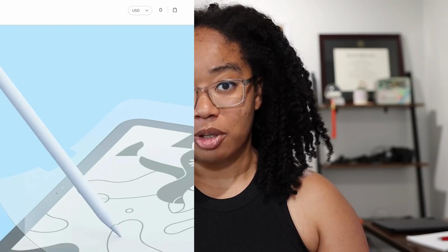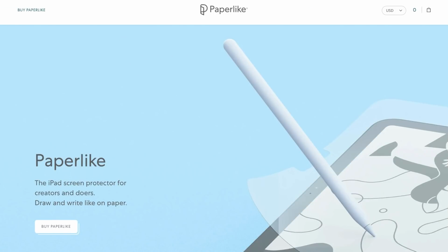I actually originally didn't like writing on my iPad screen. I thought that the screen felt too smooth and it felt unnatural, but within a couple months of getting my iPad, I discovered the paper-like screen protectors, which I have on this, and with that it feels just like writing in a normal notebook. So with the screen protector and the pencil, I can use my iPad to take notes